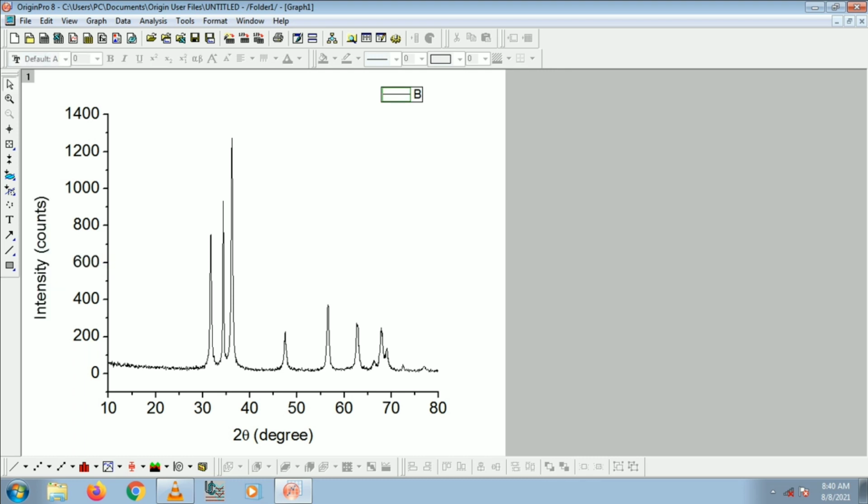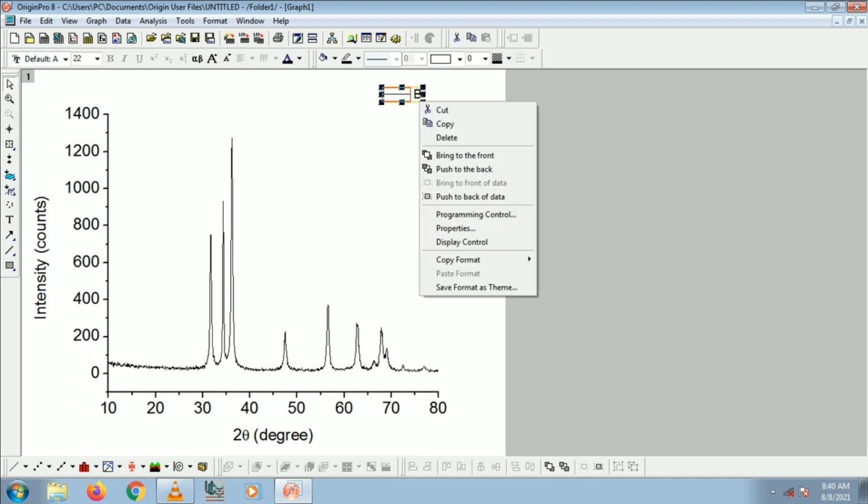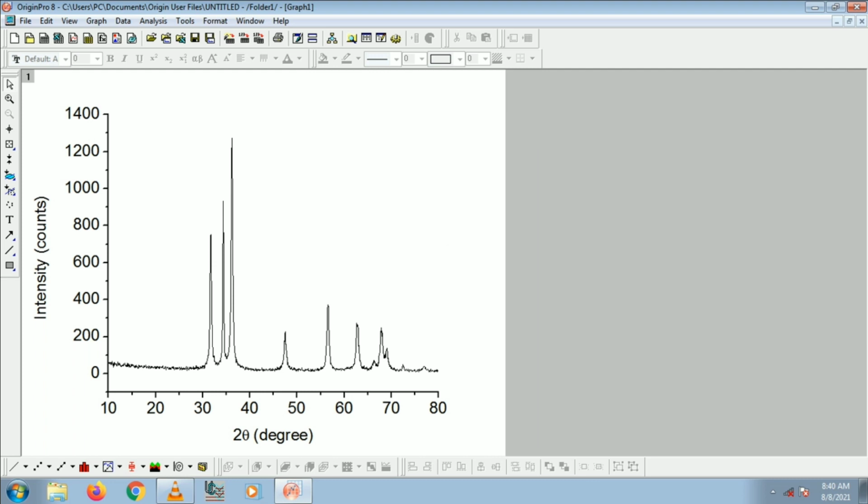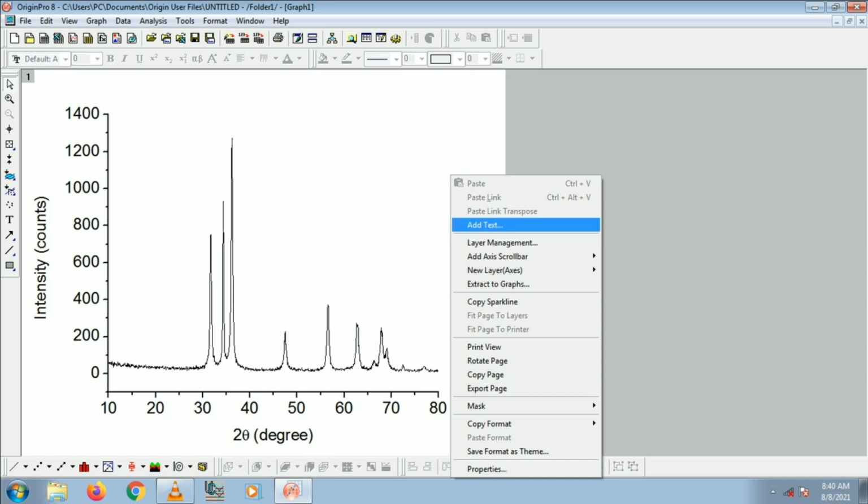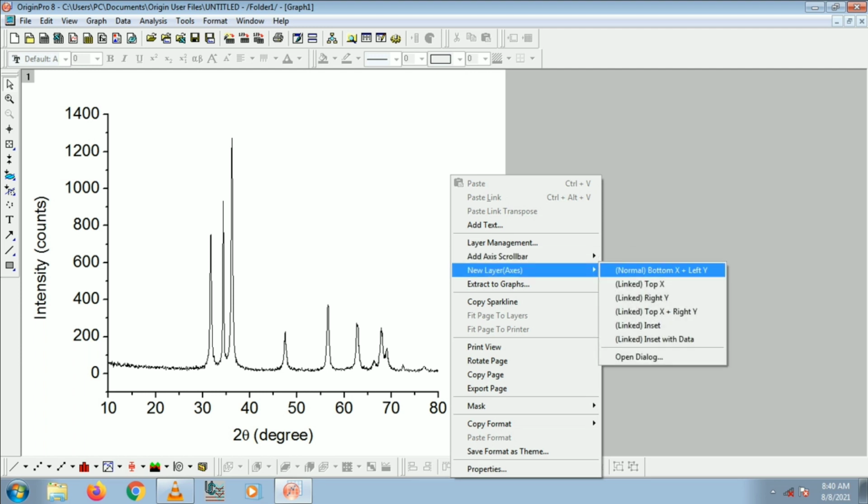we have to add the layer. Right click and select the new layer with the top and the right.